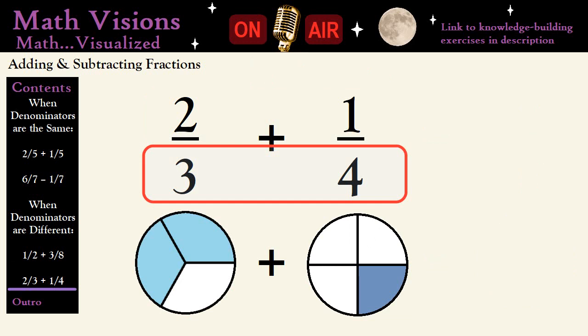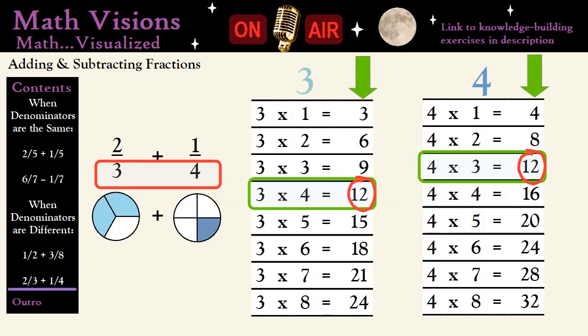Let's do one more, 2/3 plus 1/4. What is our next step? If you said find the lowest common multiple between denominators 3 and 4, you're right. Looking at our multiplication tables for 3 and 4, we see that 12 is the smallest multiple these numbers have